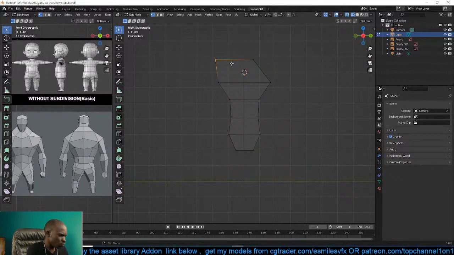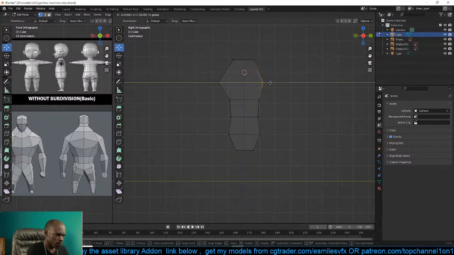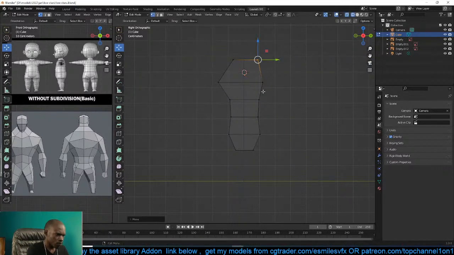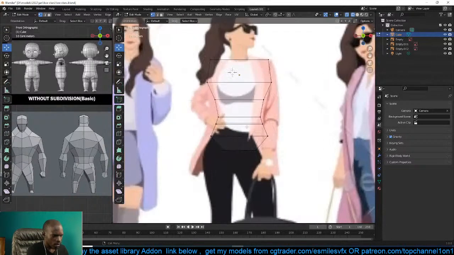So this is usually something like this. So this is the waist. This torso area, and then yeah,